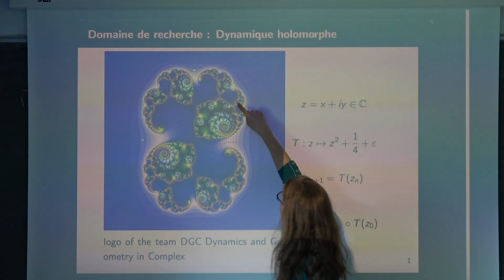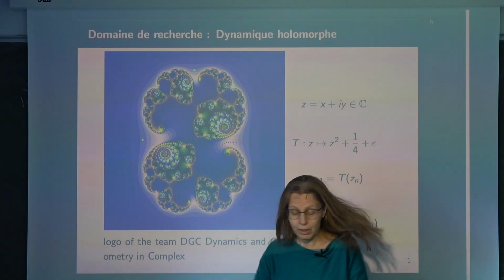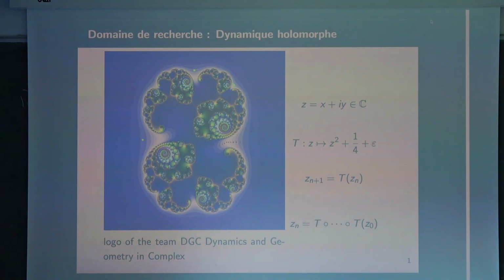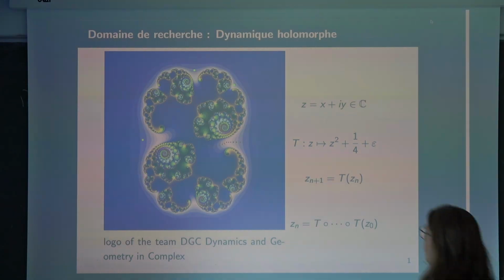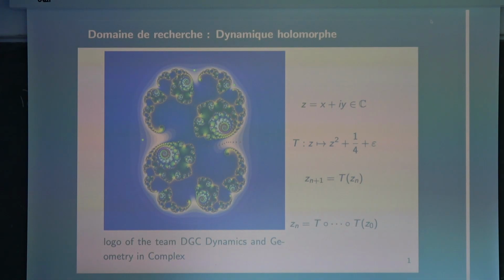And then when you go back, the blue becomes yellow and pink, and so it alternates. What you see on this picture in colors is only points going to infinity, and what is not in colors is in black. Those are points where, when you start, the sequence does not go to infinity. So I just explained the picture, and now I will explain more. First I will explain complex dynamics, and then a specific area in complex dynamics, which is parabolic implosion.